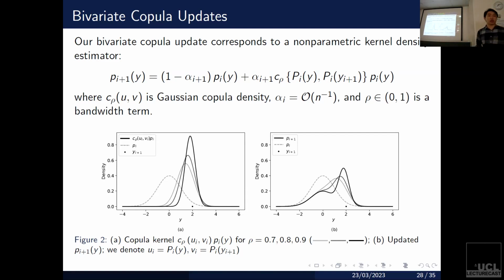In this plot, in the solid line, I plotted what this right-hand side term looks like. This is the product of the copula and the predictive. You can see that for different values of the bandwidth, it essentially looks like a Gaussian kernel, like from the kernel density estimate, centered at the data point y equals 2. As you increase rho closer and closer to 1, that's getting darker, we can see that the kernel gets more and more peaked about the data point. So again, it has this smoothness type interpretation. The one thing that I think is quite interesting is that as we decrease rho closer to 0, not only does the kernel get wider and wider, it actually shifts towards the left. It's no longer centered about the data point y equals 2.